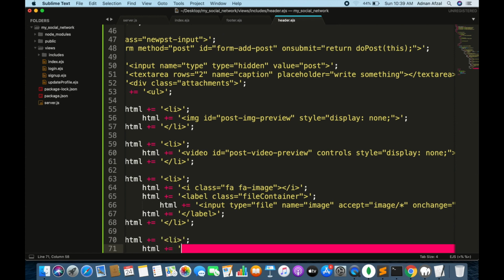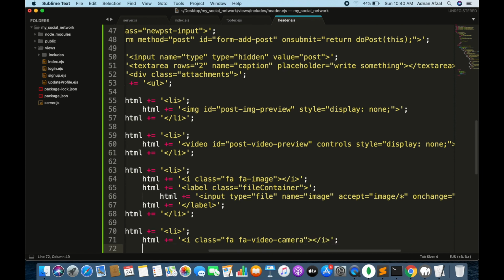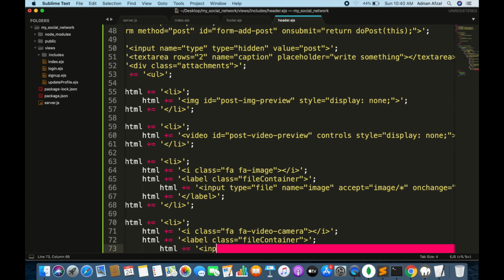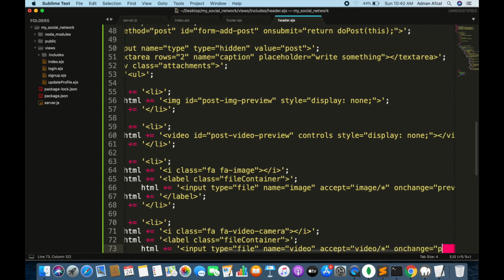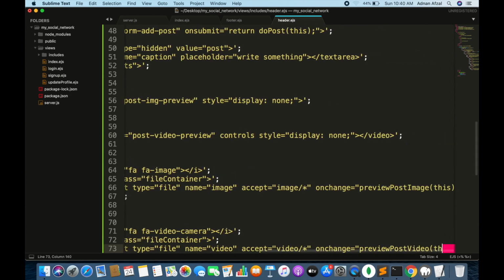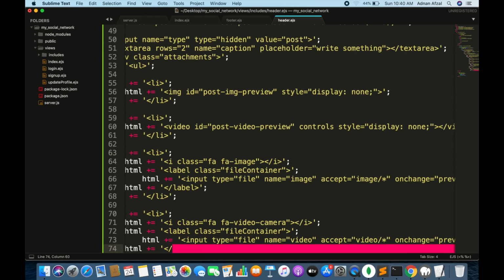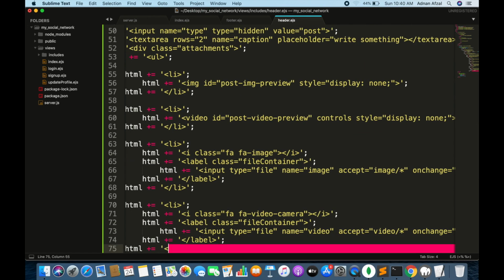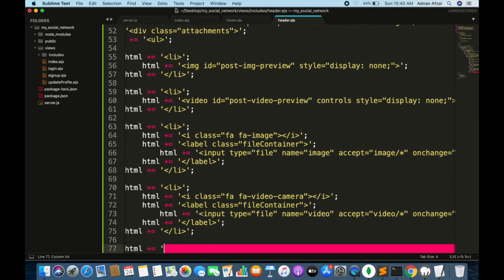We have input type file. The icon will be changed and the name will be different. And a submit button which when clicked will submit the form.